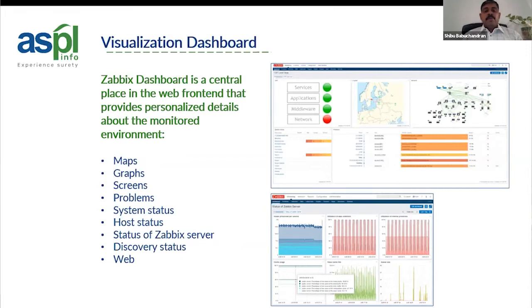If you plan to have an entire IT landscape put up in your Zabbix dashboard, you can have multiple locations in a single dashboard. You can have graphs put up. You can have multiple screens, and you can move between them from the main dashboard itself. So you can have dashboard views. You can segregate your services by applications, middleware, and network. You can categorize your business services as well, so that it becomes much easier to identify any incidents or downtime happening in your infrastructure.